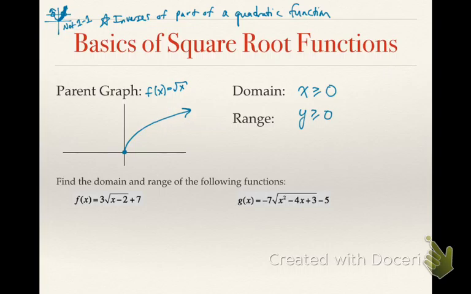Okay. So the general idea for the domain, though, is to set what's under the radical greater than or equal to 0. Because if you think about it, you can't take the square root of a negative number, something less than 0, to give you a real result. You can take the square root of 0 or anything positive. So the only inputs that are allowed are all the x values that make what's under the radical greater than or equal to 0. The range, you're going to look at the reflections